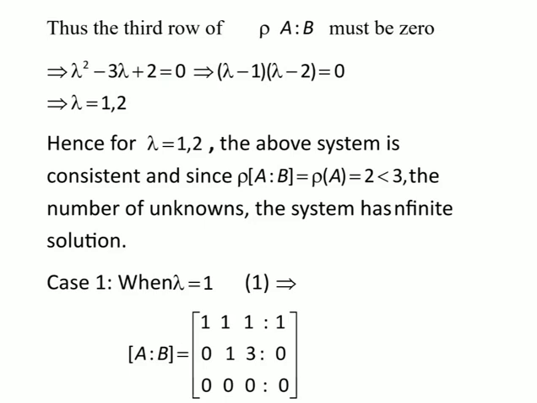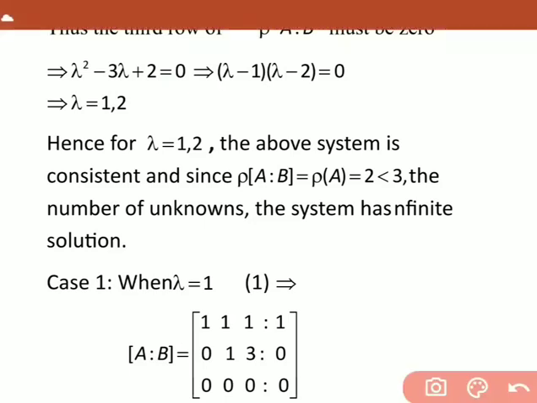Factorize this. I hope all of you know how to factorize this. The coefficients of the first and last elements you have to multiply; the coefficients of first and last are 2. The multiplication should be 2 and the sum is minus 3. So the factors are minus 2 and minus 1. After factorization, what do we have here?